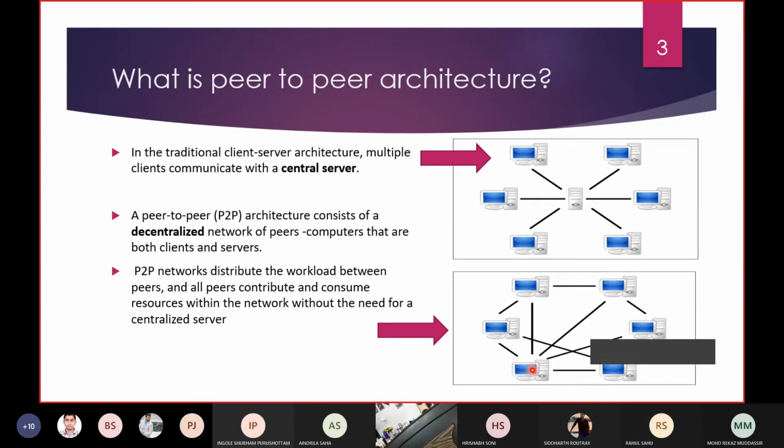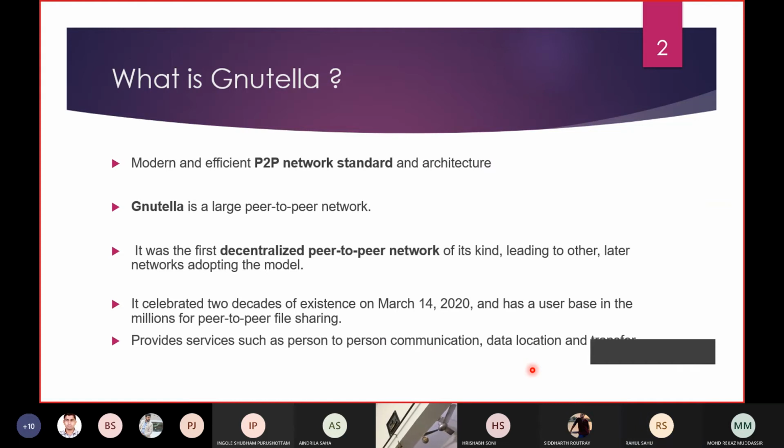You should ask the question. Yes, sir. Trying to understand what's the difference. Your BitTorrent is also peer-to-peer, right? Yes. So what is the advantage of BitTorrent over Gnutella, or Gnutella over BitTorrent? Why is Gnutella expanding so fast, or how can you give a comparative analysis?